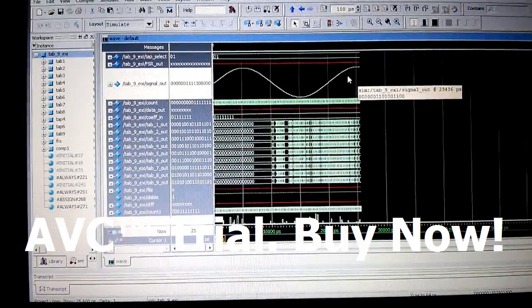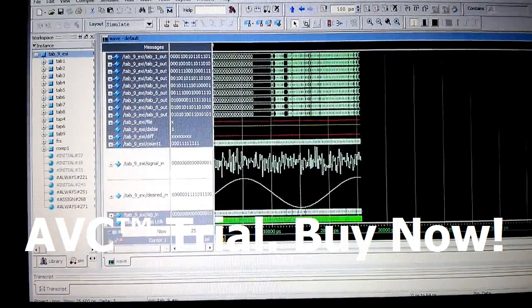And now this is the output signal which I have obtained for the corresponding input which we have given. This is the final output which we have got from the adaptive filter coding.